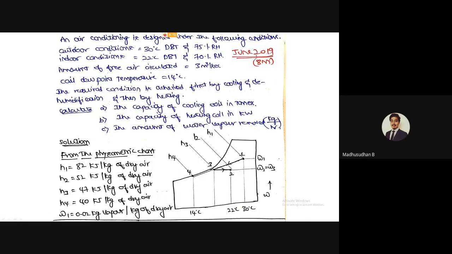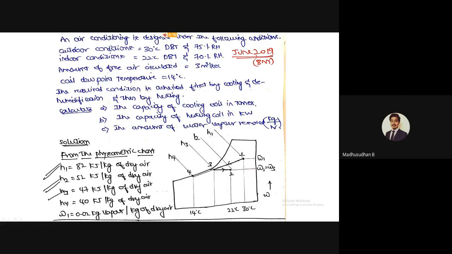So this has been simply stated here. Okay, so the same thing I have tried to draw here with the skeleton psychrometric chart. This is known as a skeleton psychrometric chart. Why? Because it does not have the grid values, it does not have the grid lines. It is just a skeleton of a psychrometric chart. In the examination also, you have to plot the same thing in your answer scripts. Okay.